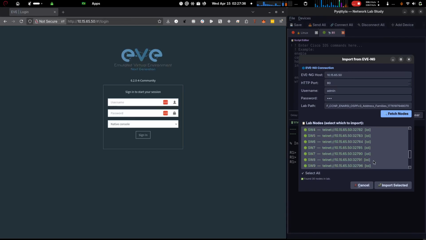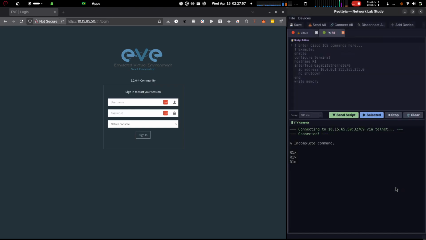I set it to sort starting with R, then the TPU, and then the rest in alphabetical order. Nice, the order looks good here. I can select and deselect the ones I want to import. On the side you see that Eve disconnected because it only accepts one admin connection at a time. So later I connect again. And I imported all the devices here.